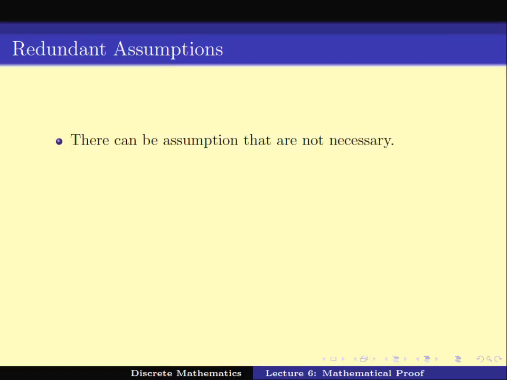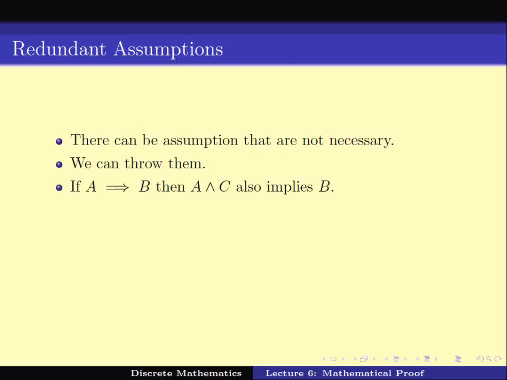For example, so in that case, we can throw them. If the assumptions are not necessary, we can just throw them. That means if A implies B, then A and C also implies B. This is the statement that we can prove, that A implies B implies A and C implies B is also